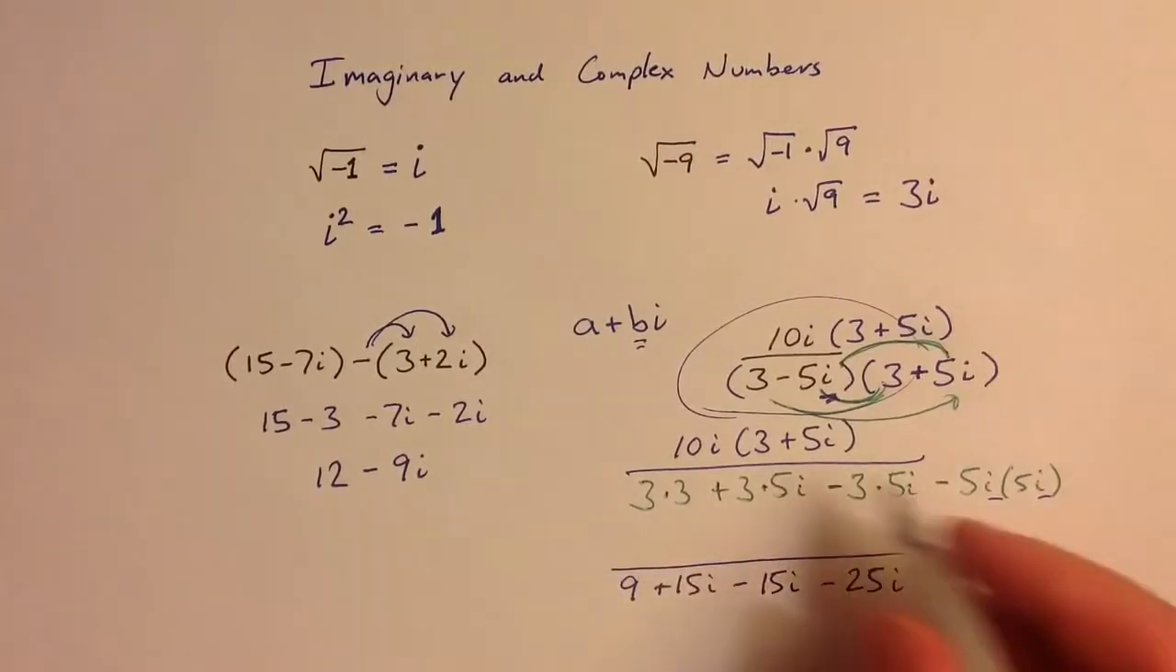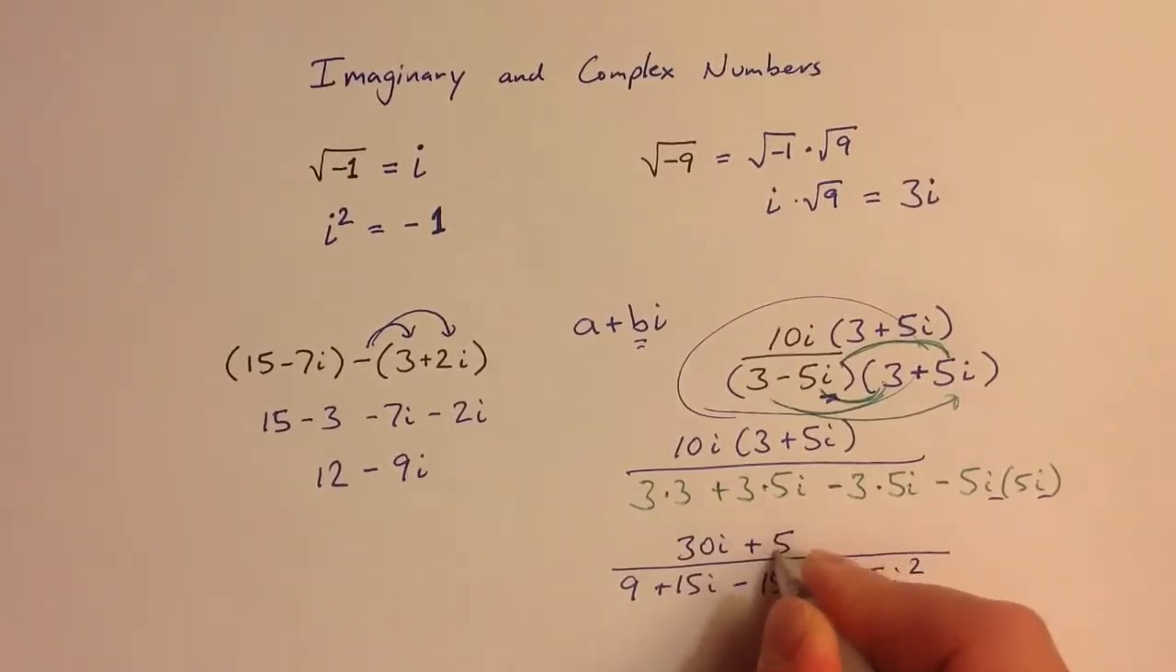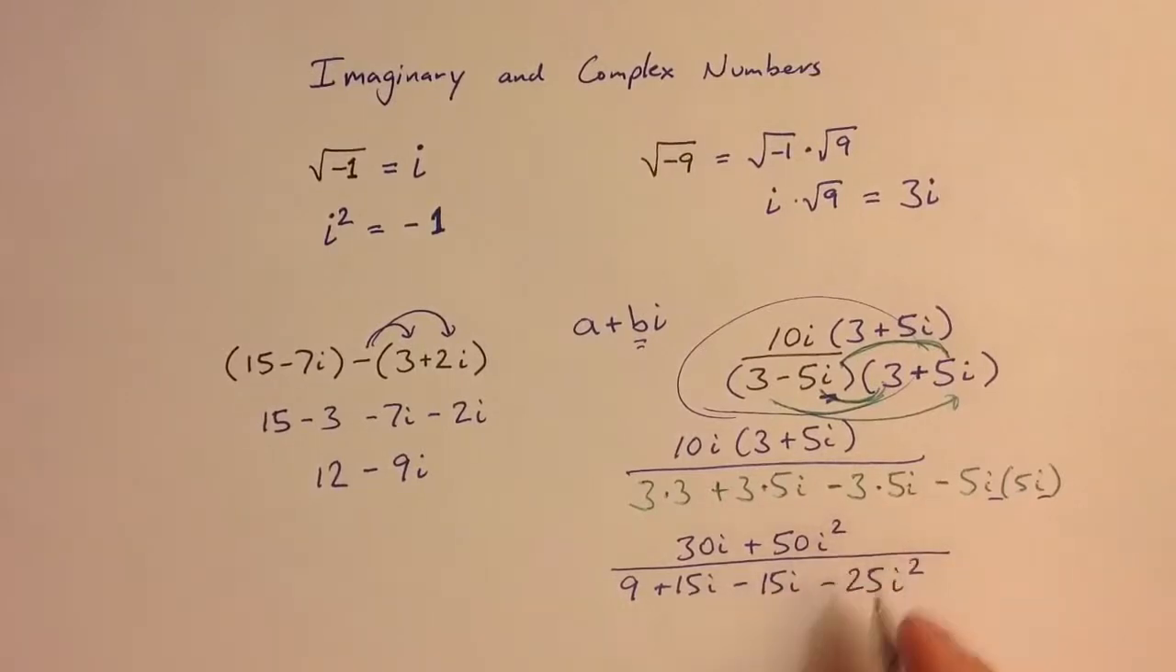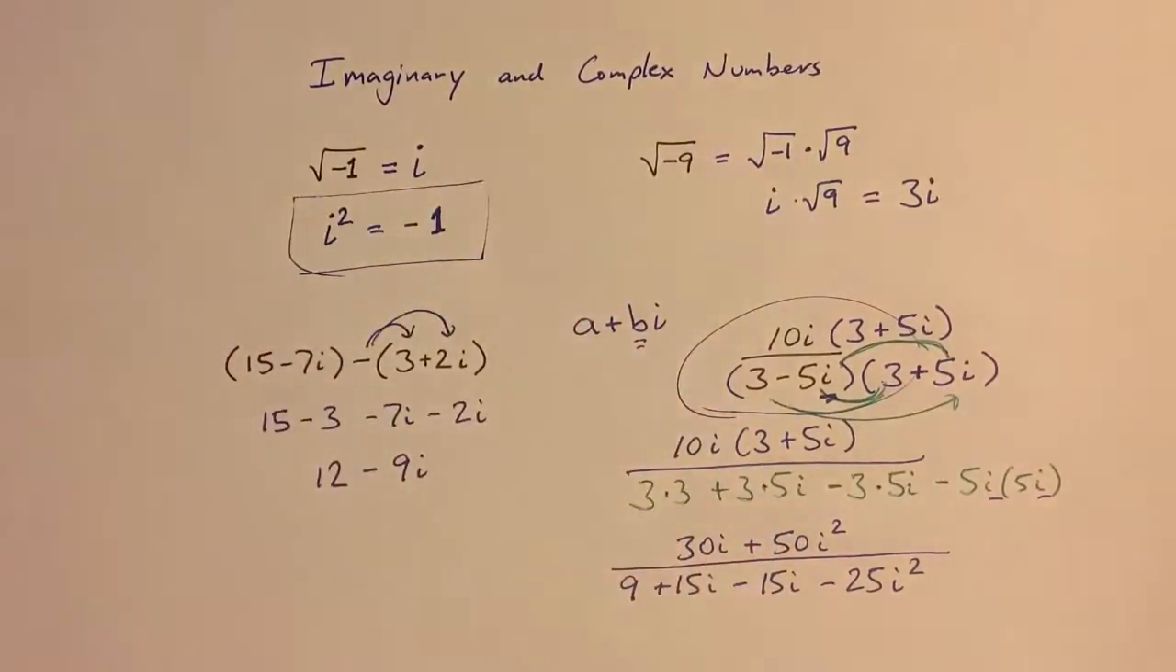Up top I can distribute the 10i. I get 30i plus 50 i squared, because I multiply the i's together. But i squared, we saw just a moment ago, is the same as -1, so I can simplify that part. So I get 30i minus 50